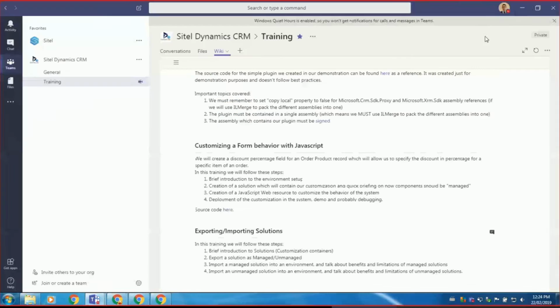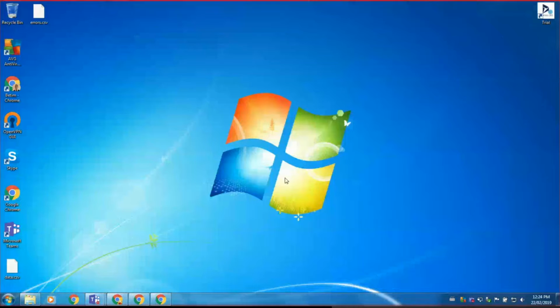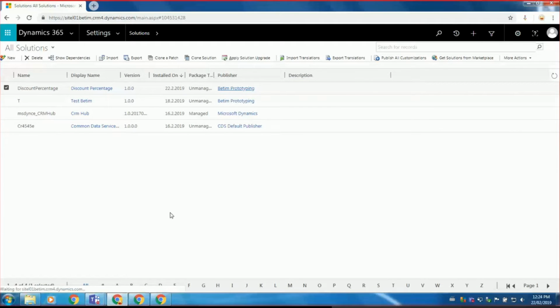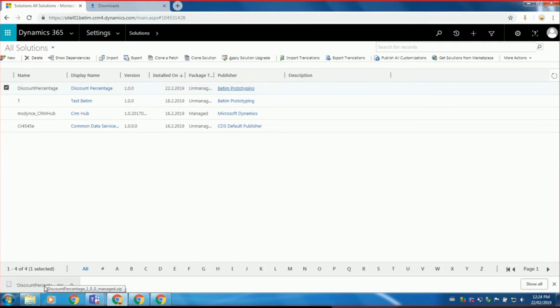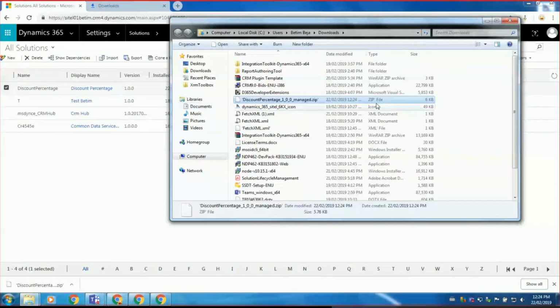I think I lost my window. Something strange. Okay. Now I'm getting the file because it auto closed when I chose to export it, and it's actually downloaded the solution so it can be deployed in another system. Since I try to keep my dependencies low, as you can see, this file size is small. If I had taken all the dependencies, this file would have been a lot bigger, even megabytes,